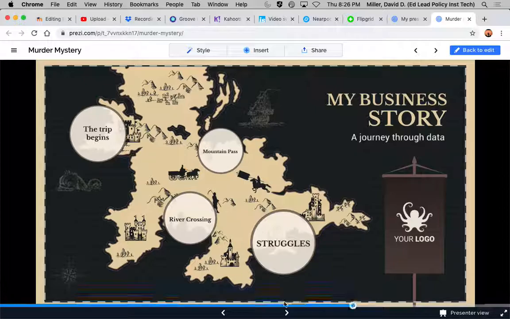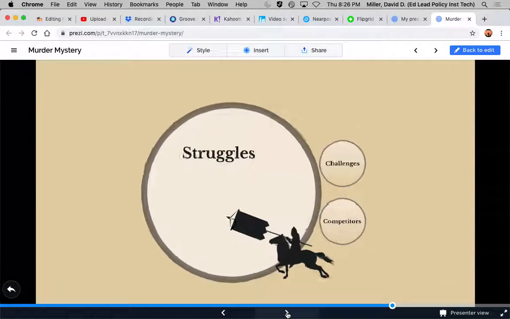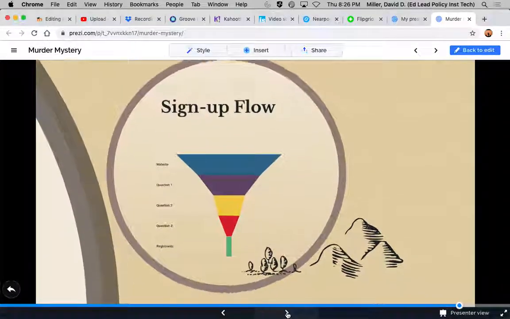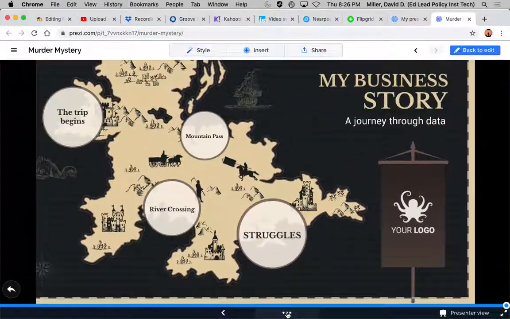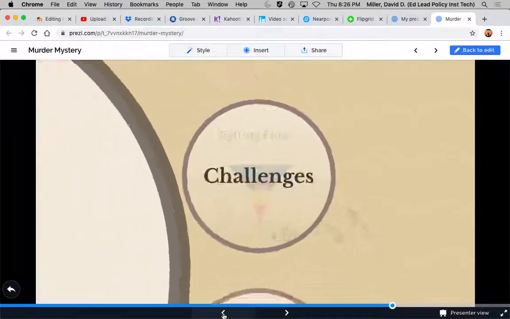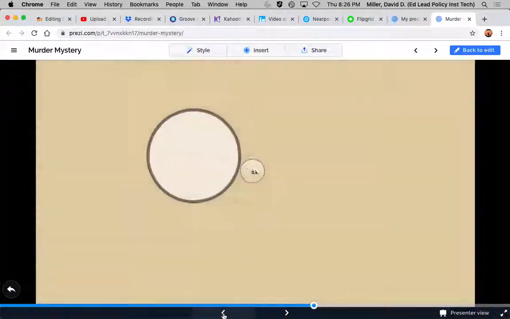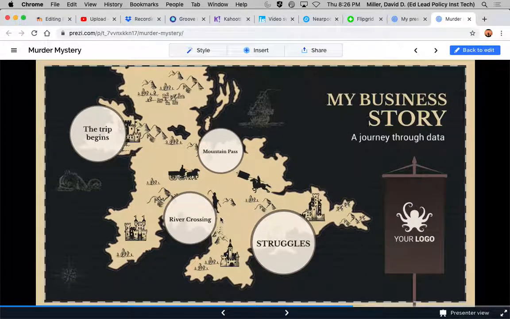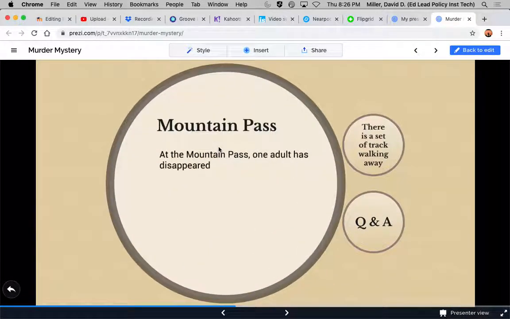If you go to the bottom in the center, there are two arrows, and it will take you in the order that you created it. There's a timeline as you're creating it. It'll take you through each clickable slide individually. But if you're trying to get the kids to investigate, putting some things out of order can be a really cool way to break the script for them too, because they're actually having to figure it out as they go. If you go to Mountain Pass, for example, we lost an adult from our party. When we get this whole thing finished, they're going to have to go back to where they thought the adult went missing, and there's going to be a little clue in the corner that tells them this is when that person went missing.